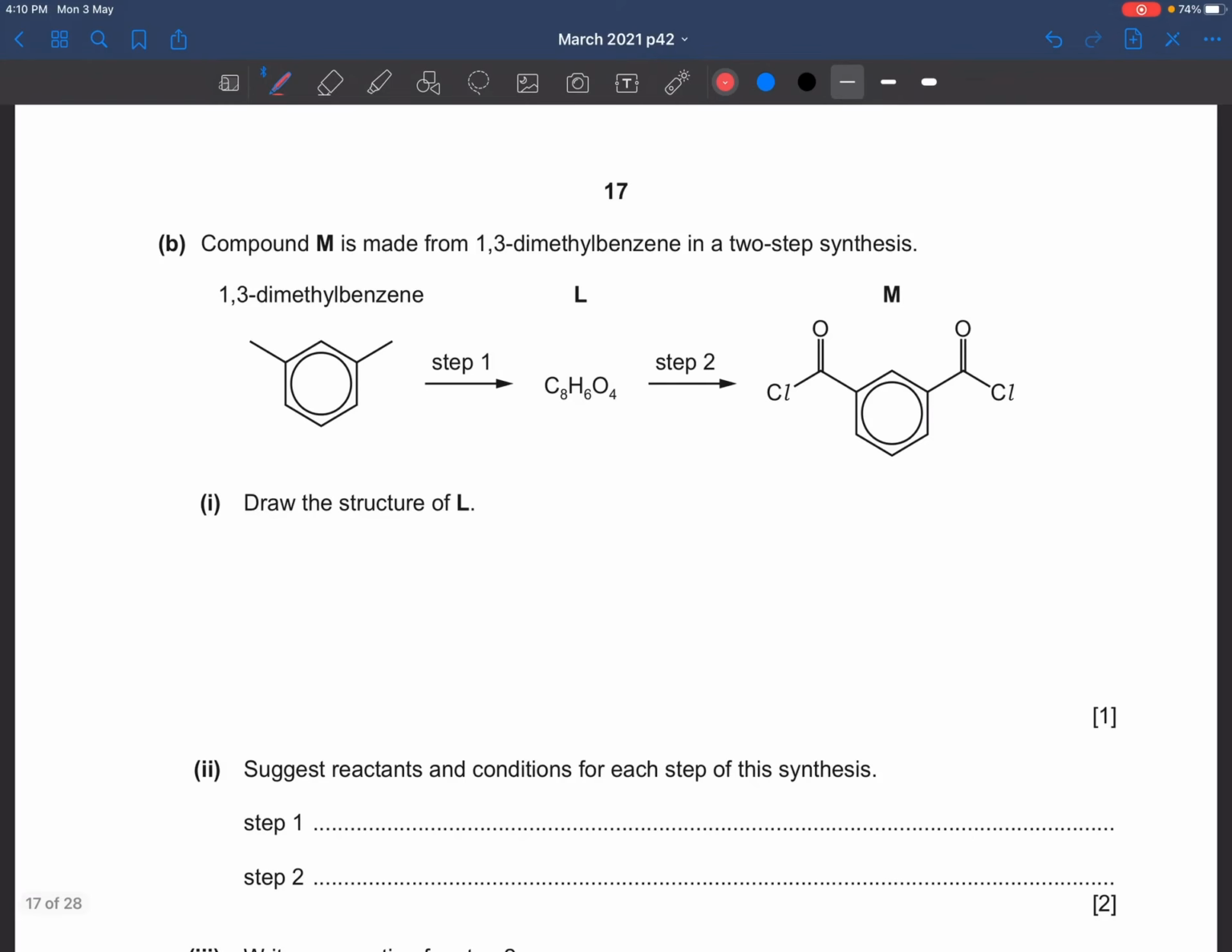Next is compound M, which is made from 1,3-dimethylbenzene in a 2-step synthesis. This is compound M, made from 1,3-dimethylbenzene. Draw the structure of L. Now L is the intermediate, and as we can see we have these two methyl groups, and in M we have these two acyl groups. So that means the methyl groups have been oxidized into carboxylic acid. So the structure of L would be